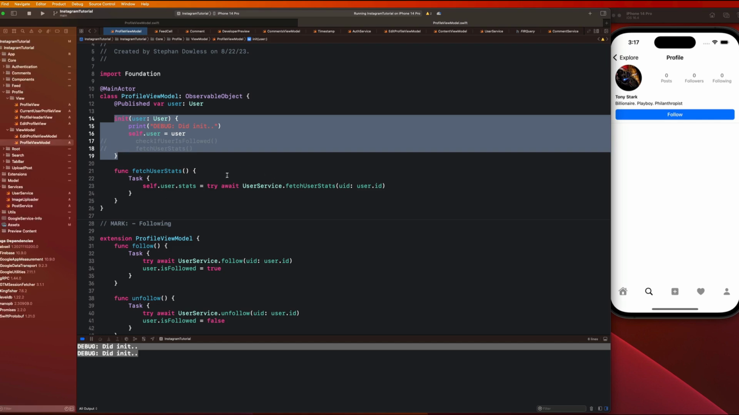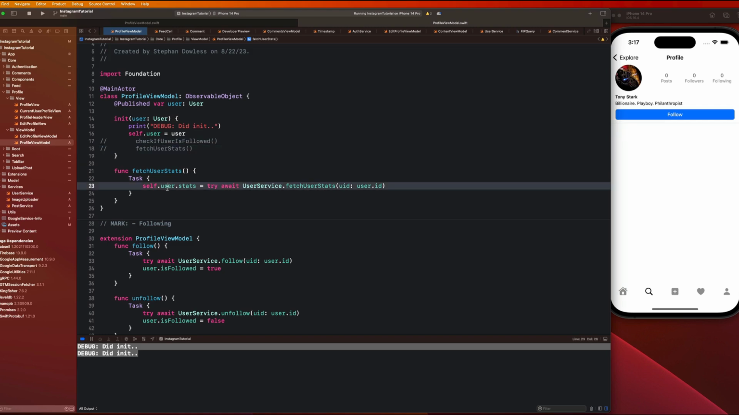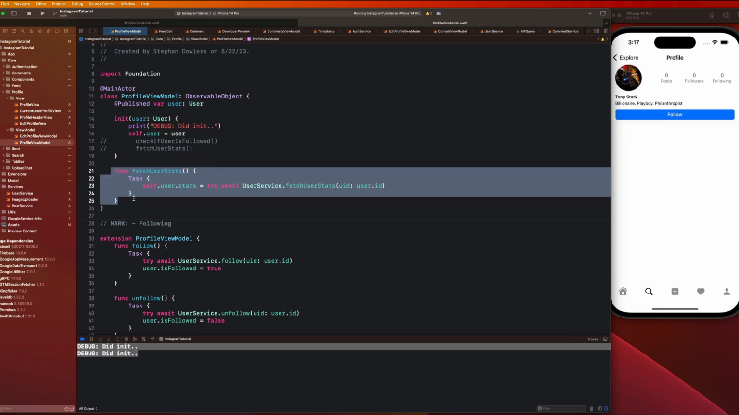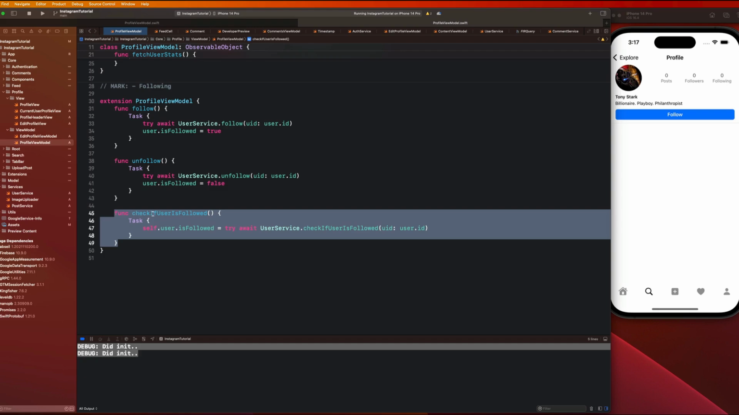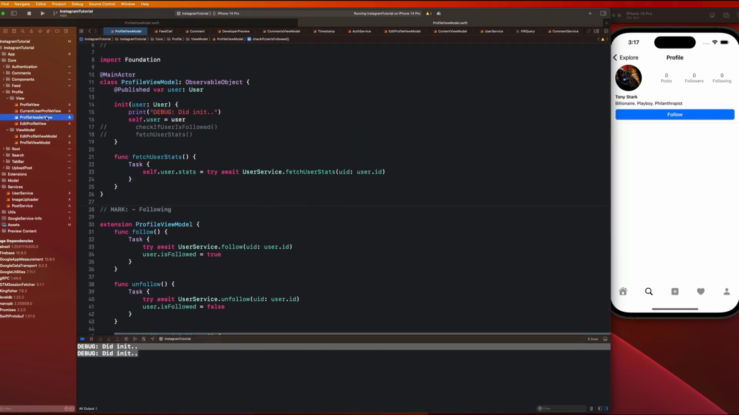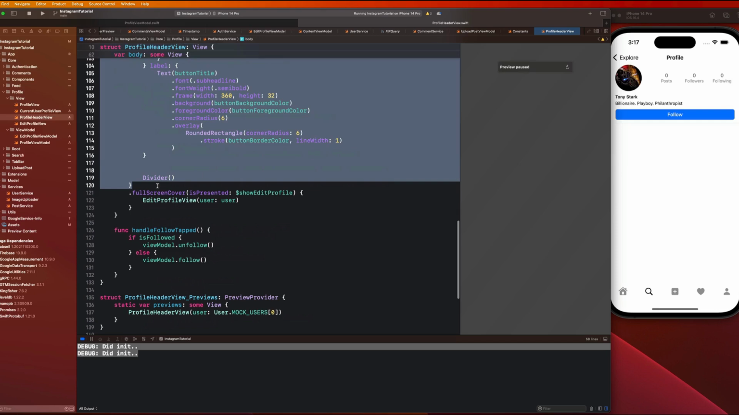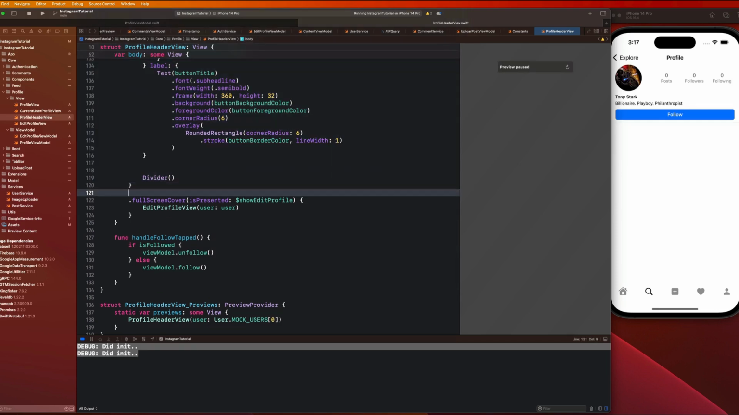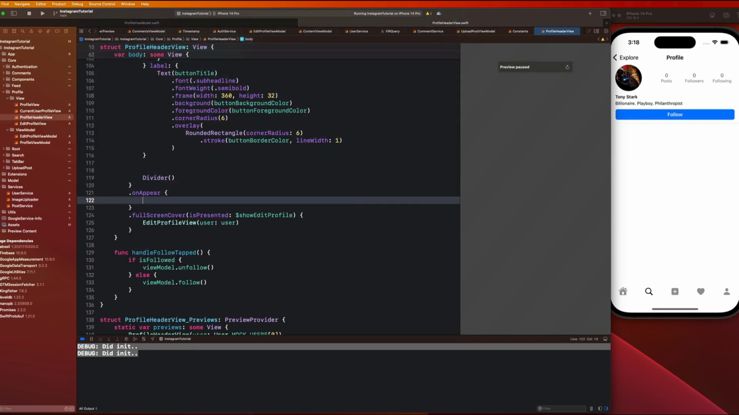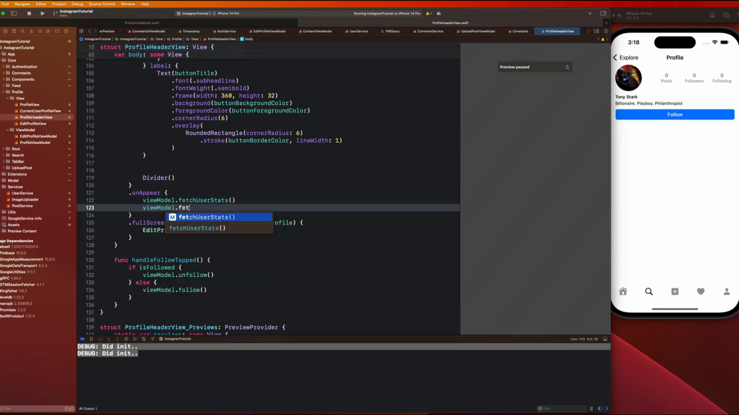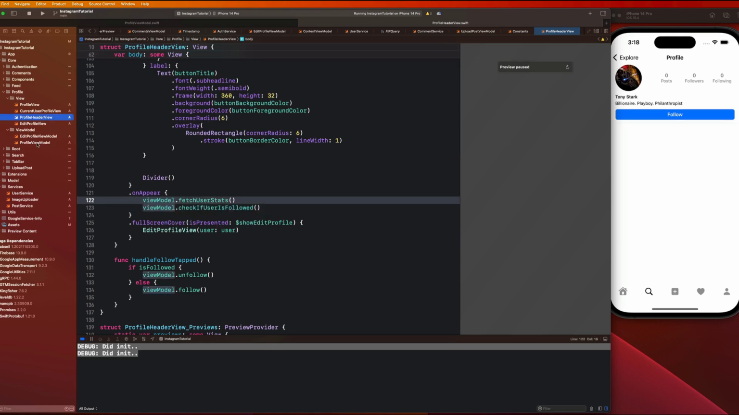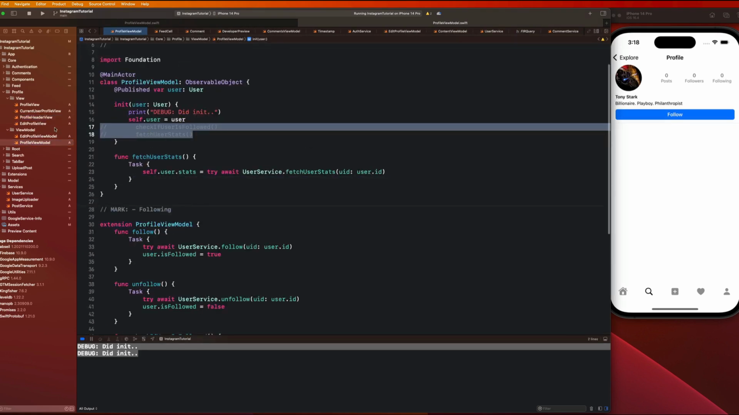And lucky for us, SwiftUI has some useful modifiers that we can use to take care of this stuff for us. So basically, guys, we're going to call fetch user stats and check if user is followed from our profile header view. So we can go here and let's just highlight this entire VStack. And you guys can go and say dot on appear. And you can say viewModel dot fetch user stats and viewModel dot check if user is followed. So now if we go back to the profile view model, guys, we can just delete these